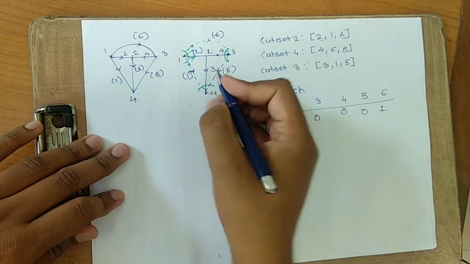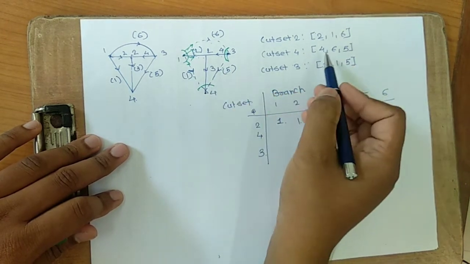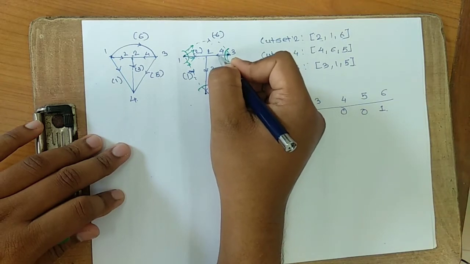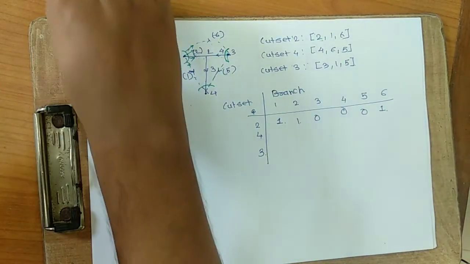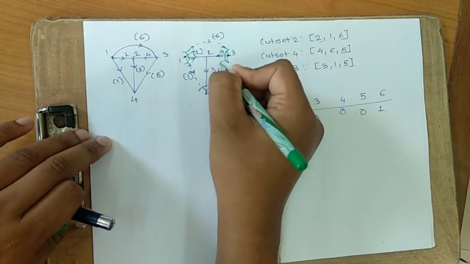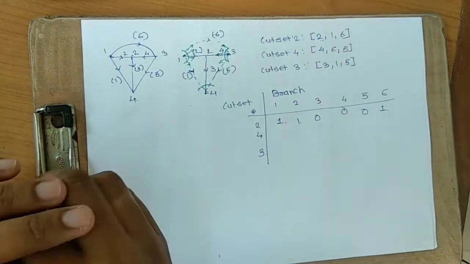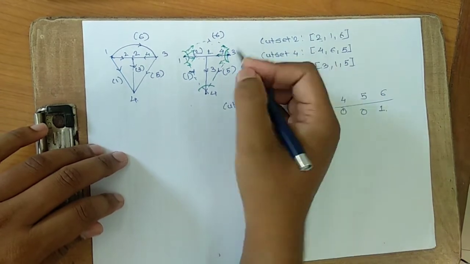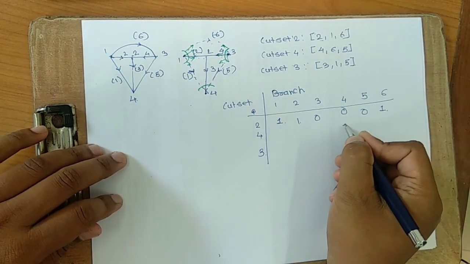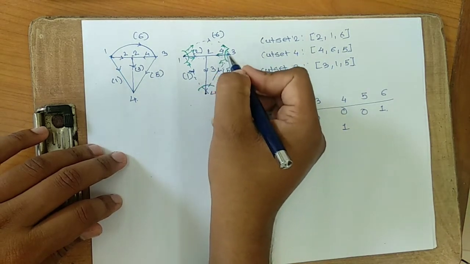So what is the number? If you are given 4, 6, 5, so the direction of 4 is what? The direction of 4 is outside. So the direction of the cut set should be outside, depending upon that twig direction. So now directly you can write this 4 is a 1, because the 4 direction and the cut set direction are